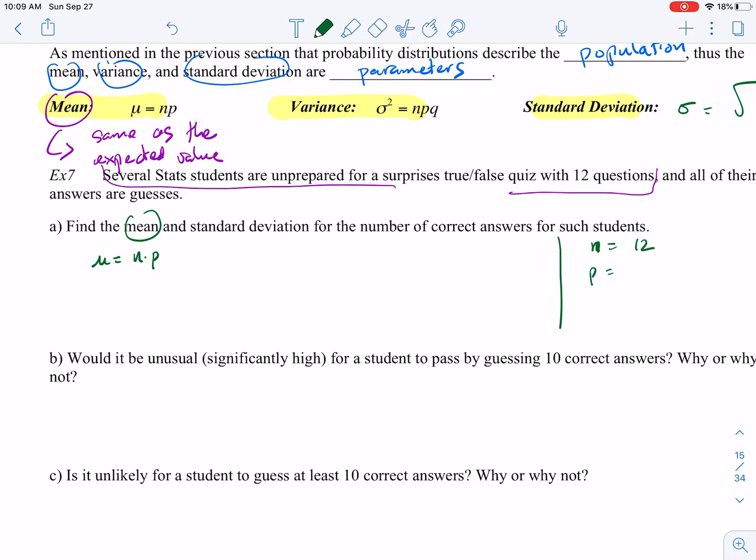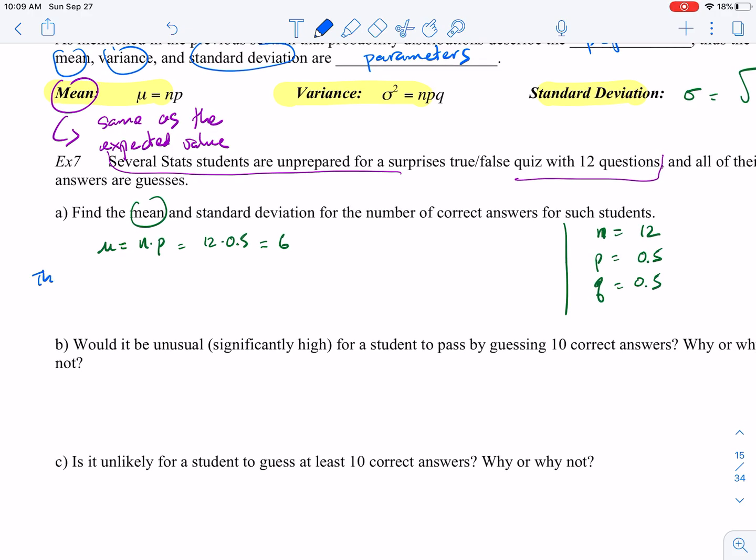P is true or false, so it's 50% guessing. Q is also 50%. So the mean is 12 times 0.5, which equals 6. So we're saying that the mean is 6. In other words, the students are expected to guess 6 questions right